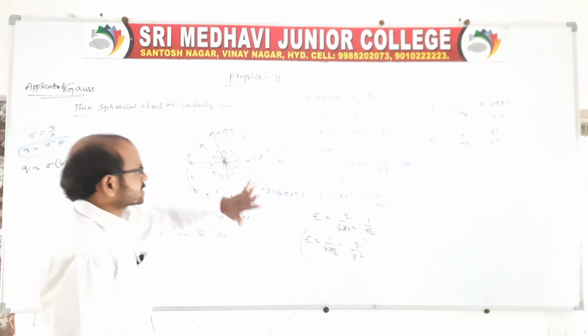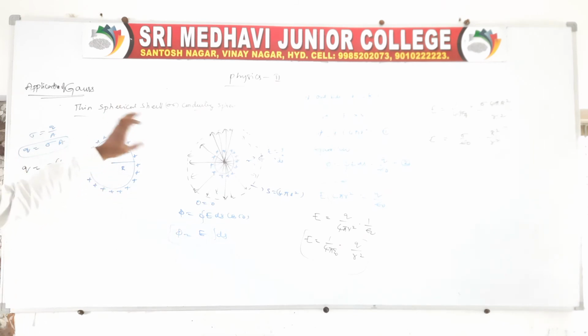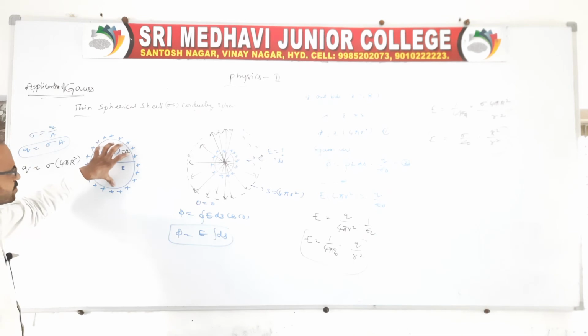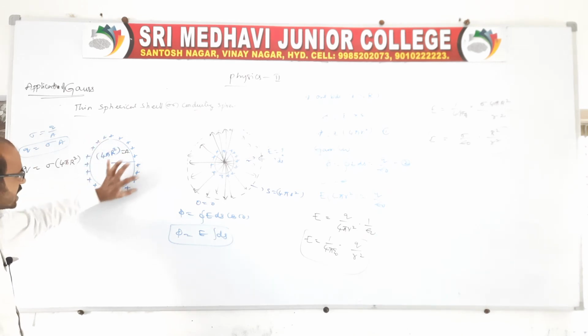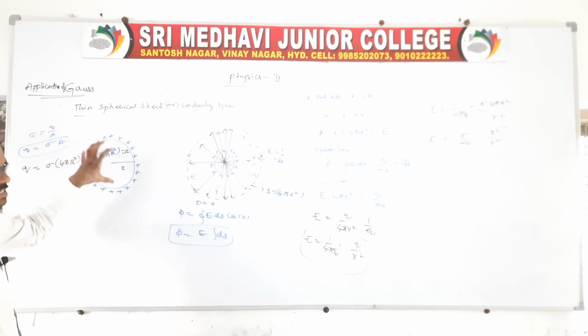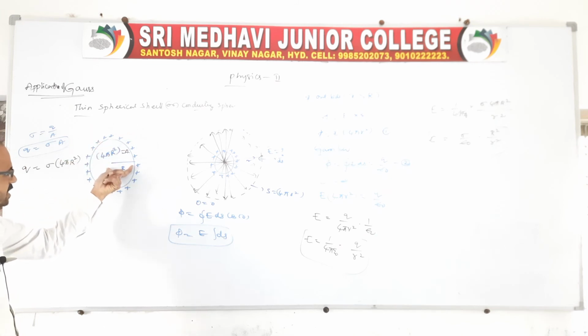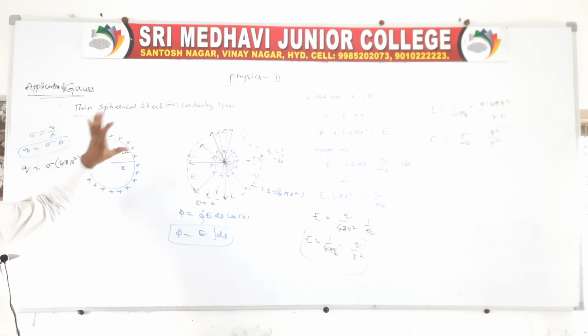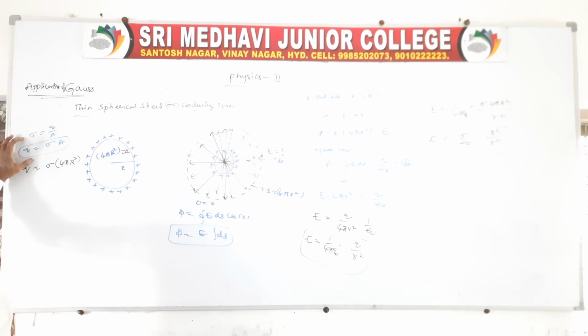Right? Once again I will explain, because we are taking a spherical shell, a conducting sphere or a spherical shell. If a positive charge is given to the spherical shell or conducting sphere, the charge is distributed over the surface of the spherical shell, and the radius of the spherical shell is r, and the charge is distributed throughout the surface area, not the volume. So the surface charge density sigma is equal to q by A, that is q is equal to sigma into A. A is nothing but the surface area of the spherical shell, whose radius is r, so 4 pi r square.